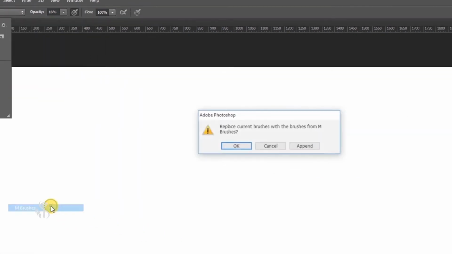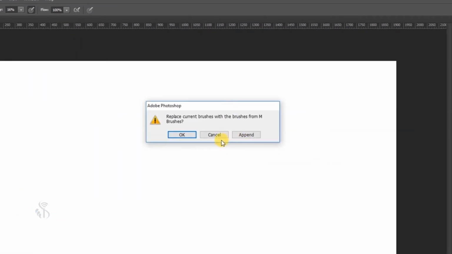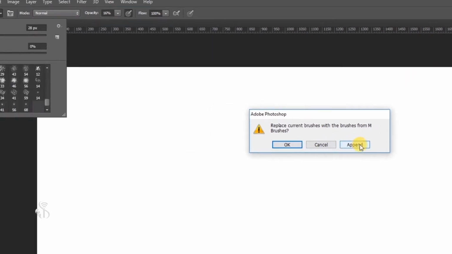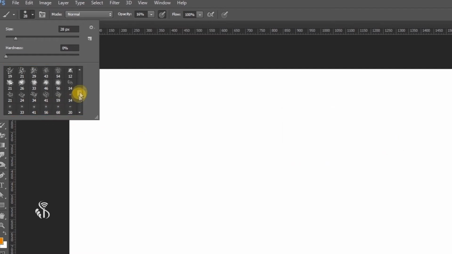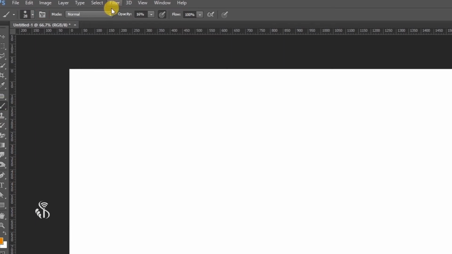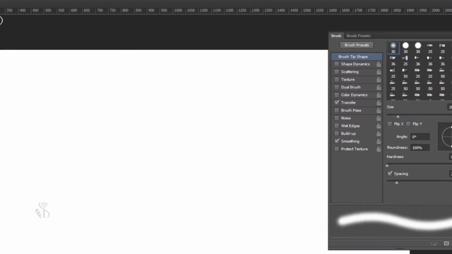When you choose a type of brush, a dialog box will be displayed. This dialog box asks you whether you would like to discard any previously selected type of brush or you would like to add this brush to all the other previously selected brushes. If you click on the button Append, then the newly selected list of brush types will be appended at the end of the brush list. When you select the option Brush Panel from the option bar, you will see that there are many options provided for brushes. Let us now see their uses.